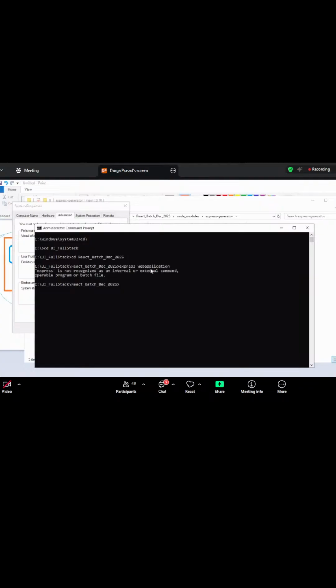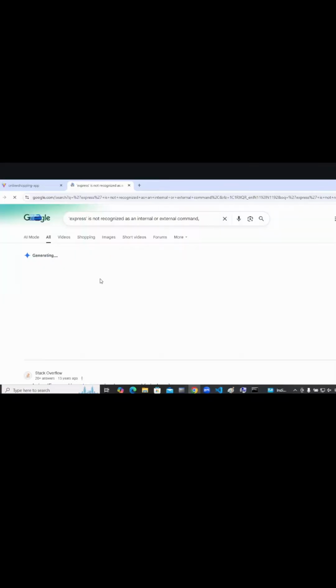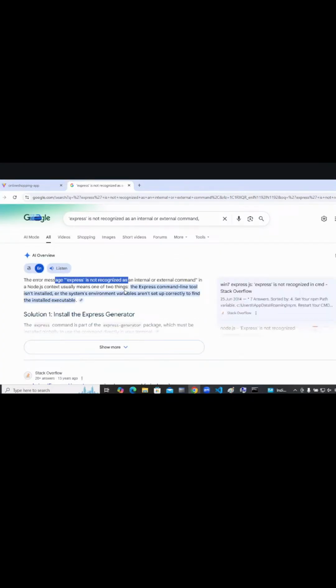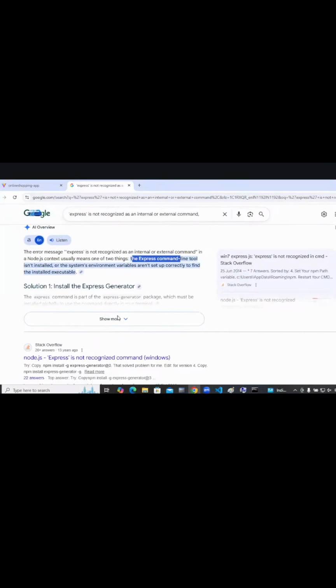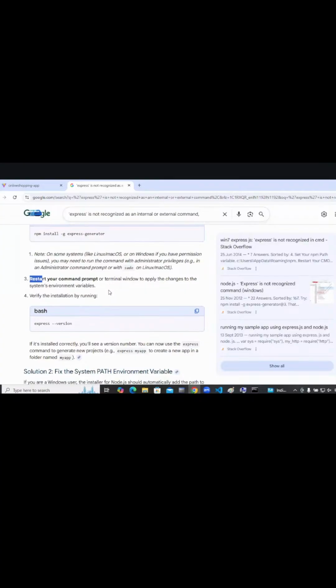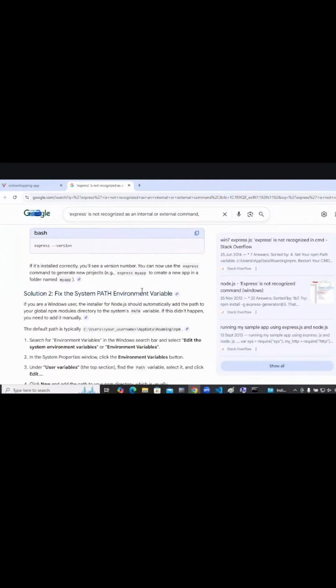Don't say that, bro. Let's see. Express is not recognized. Express command line tool is not installed. npm install -g express generator. That is what we have done. On some systems, if you have permissions, restart your command prompt. Express version. Express itself is not getting done.